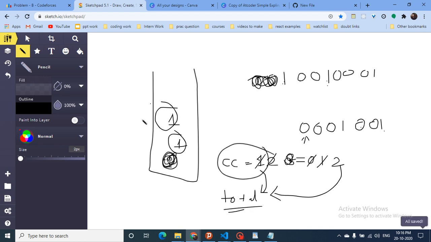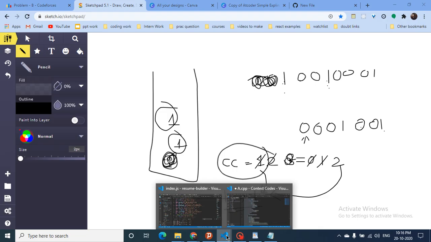You can also do this with a count variable, like this implementation, but I found this stack is very simple. I hope you understand the implementation, how we are doing this. We just move from left to right. Whenever I see a 1, I will push back in the stack, and whenever I see a 0, I will count them. But whenever I see a 1 again, I will check whether there is a 1 available in the stack, which means that I have one opening and one closing 1. Then only I will add the CC to total. If there is no 1 present in the stack, I will not add my CC to total. And that's the logic. I'll return to the code part now.